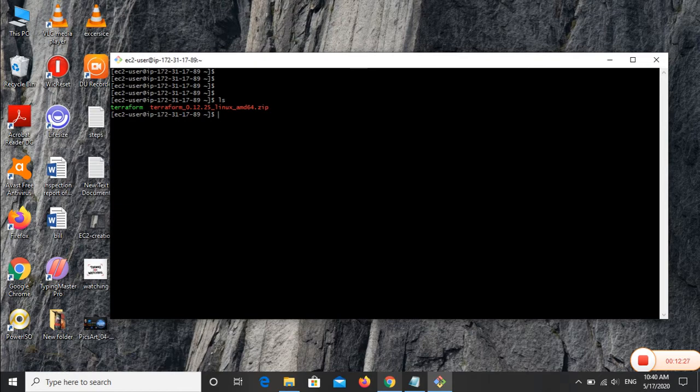So to move that file, we need the copy command. We will do cp terraform, and the path is /usr/local/bin.